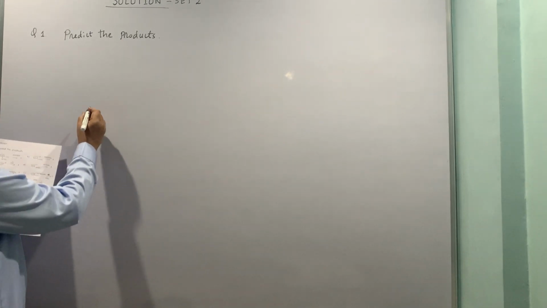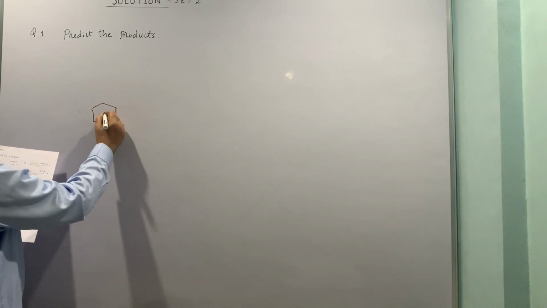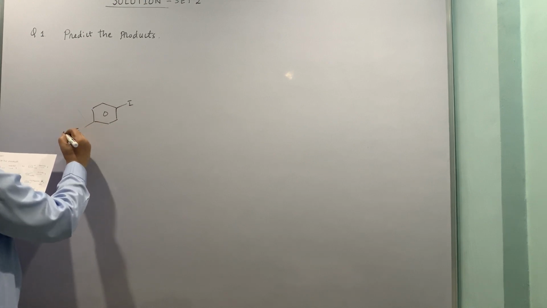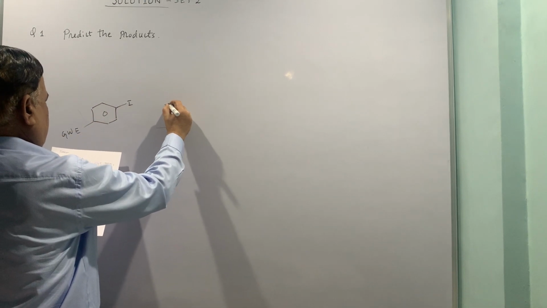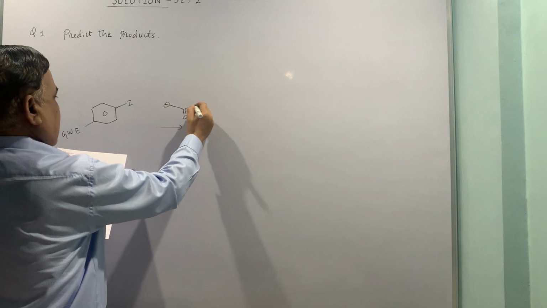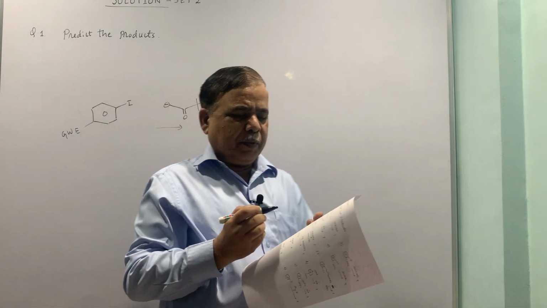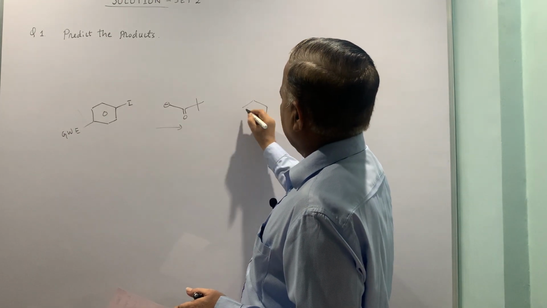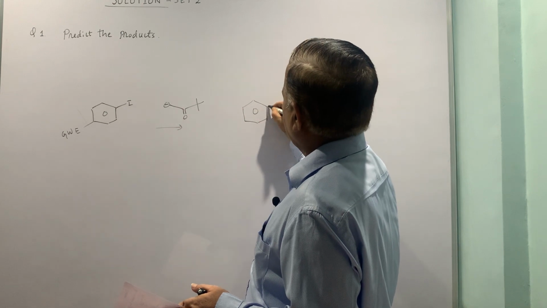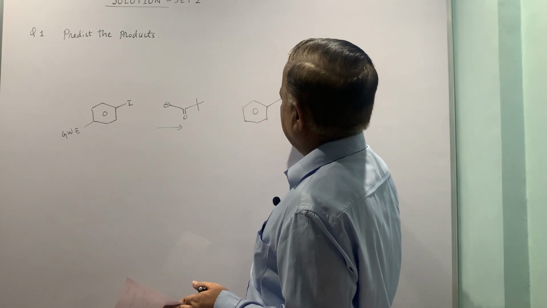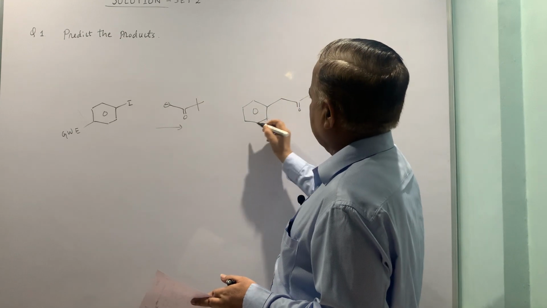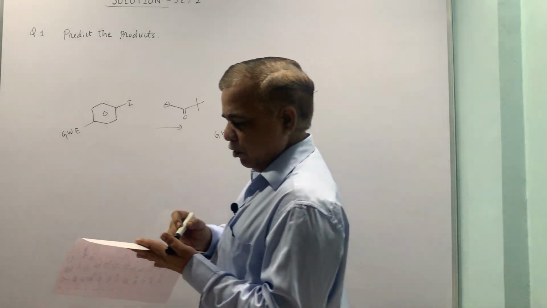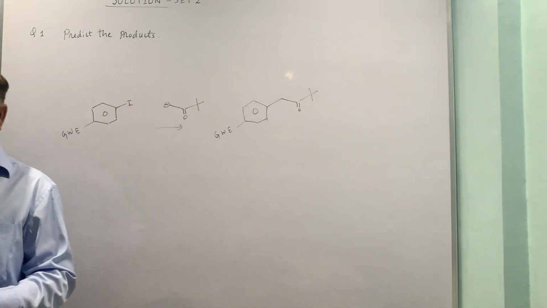Last example is when your iodo compound is treated with a carbon nucleophile. Now this carbon nucleophile is prepared from ketone, and once again you are going to get the replacement for iodo, and this is the intervening methylene, and this is an electron withdrawing group. So this is the carbon nucleophile which is rare in practice.